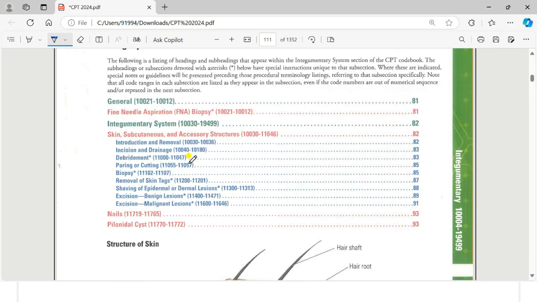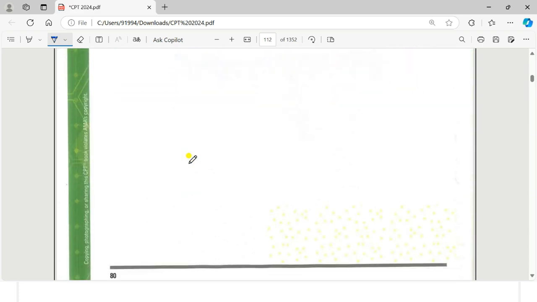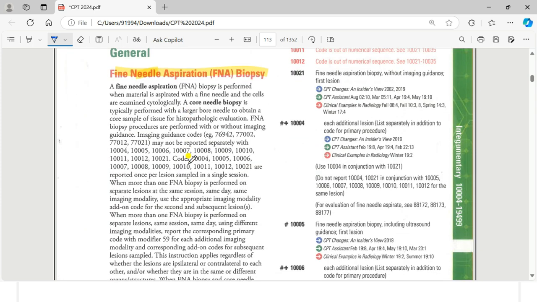So all these are the procedures in the integumentary system. So we'll learn one by one. First we will see the fine needle aspiration and then the core needle biopsy. First we will learn the concept and how the guidelines will be, and also we'll see the scenarios.